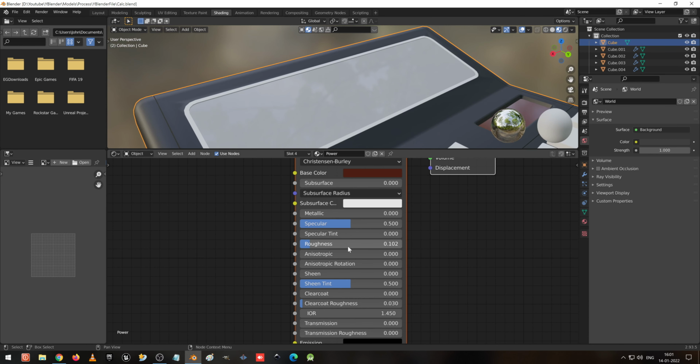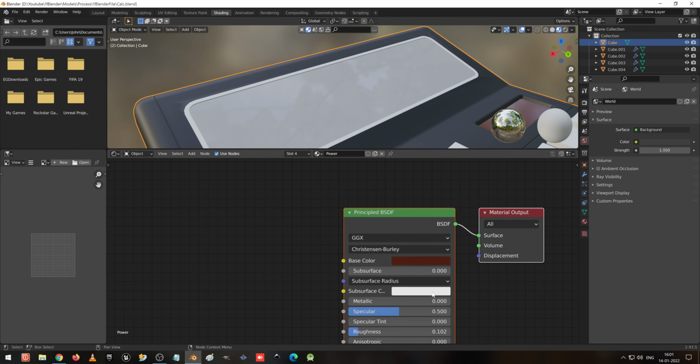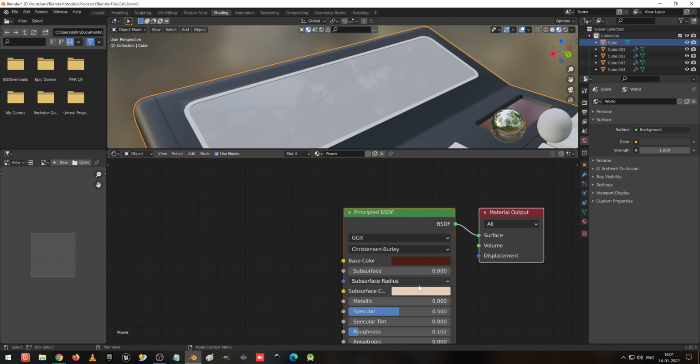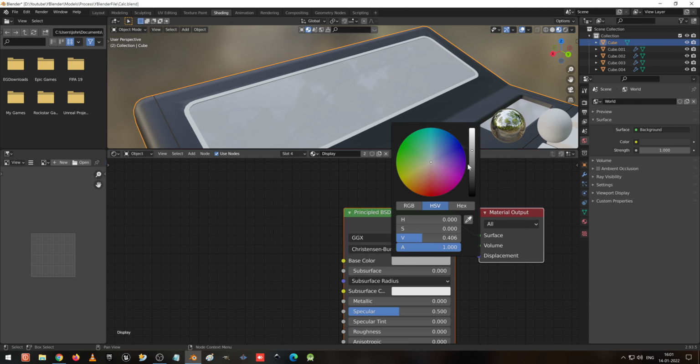And I'm going to change the color as per how the display works. I just undo it because I'm changing to a different color. So light.